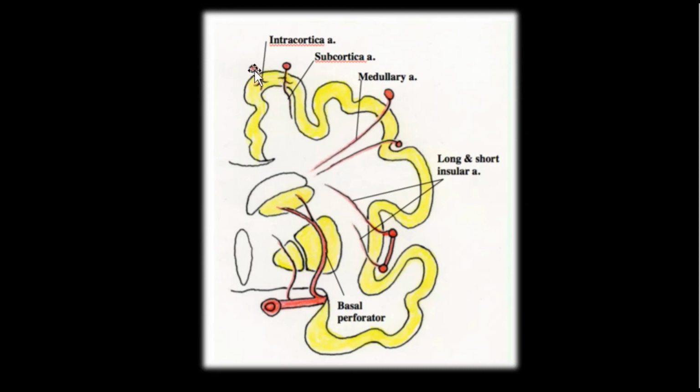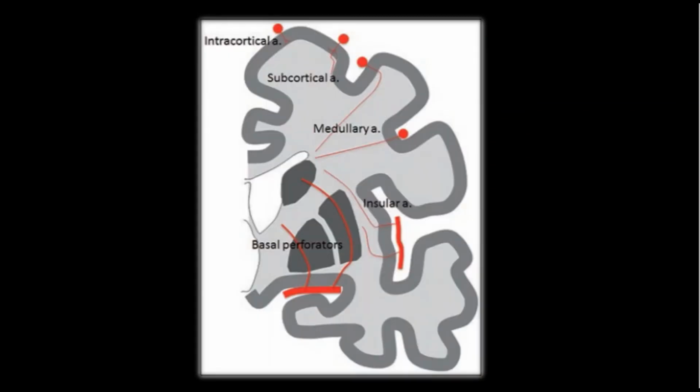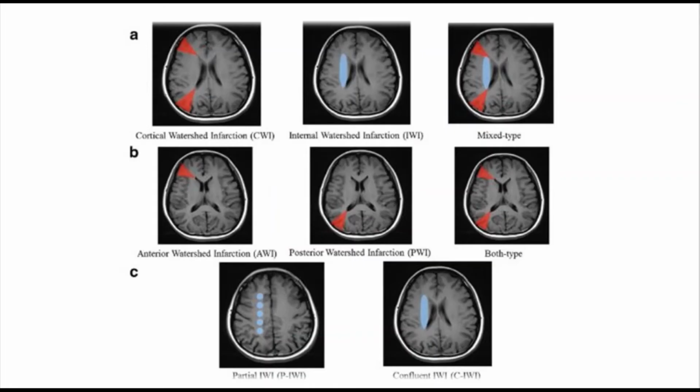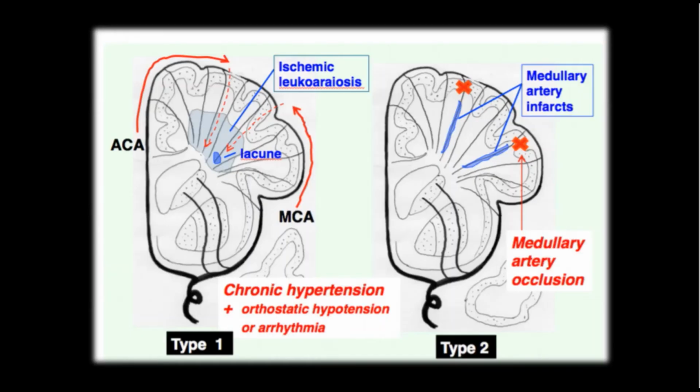The pial vessels are of three types. One is the intracortical vessels, which supply the cortex; subcortical vessels, which supply below the cortex; and the medullary longitudinal branches, which go deep into the brain. There are the insular branches also, which go deep. Then there are the basal perforators, which are the lenticulostriate branches, which are medial, lateral, medial, and the Heubner's artery. Another picture is showing the same intracortical, subcortical, medullary branches and the basal perforators. So these are the different types of perforators, which I think we've made very clear.